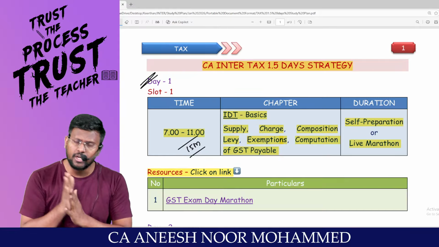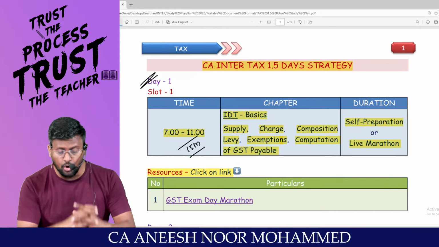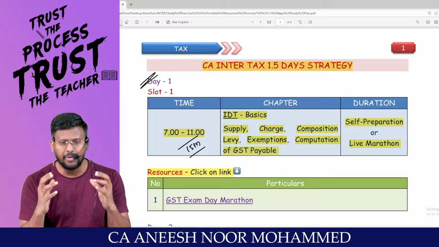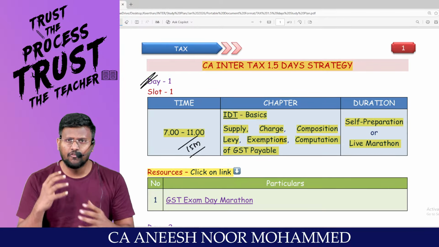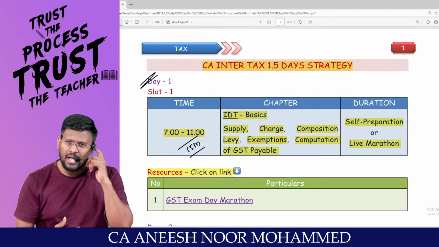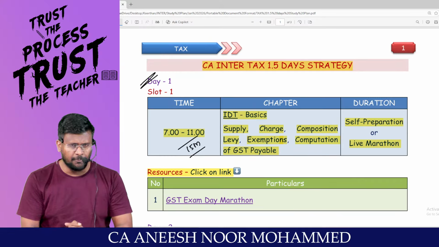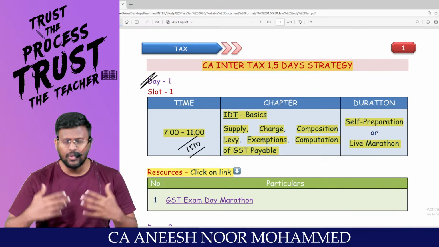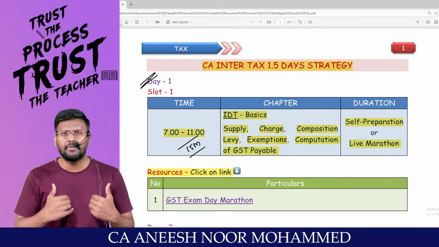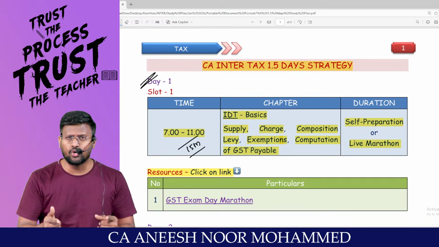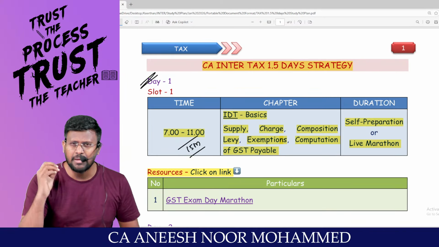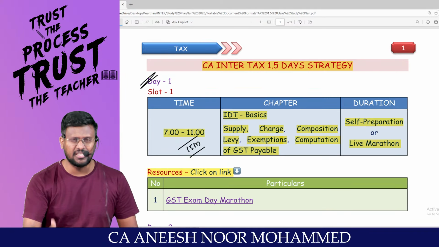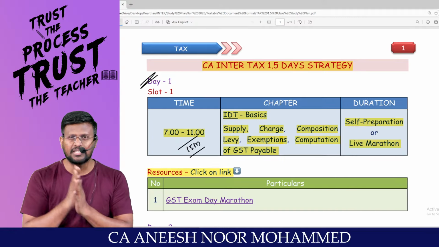Surely within 3 to 4 hours, I will make a lot of value addition and help you learn IDT, very important amendments and circulars, and computation of GST payable. Take your rest quickly, and we will meet together at 7 o'clock sharp to discuss the important points of GST, and I will help you with the other topics also.